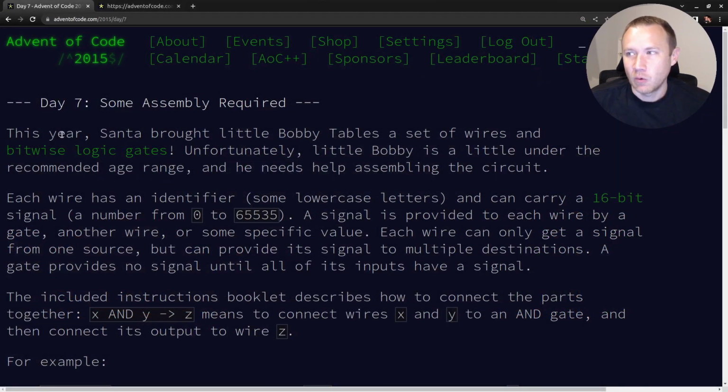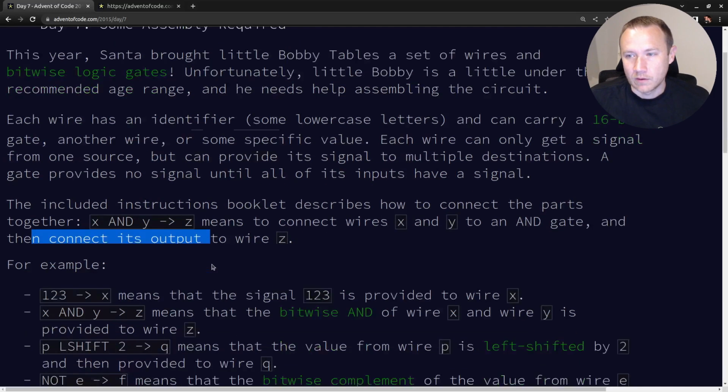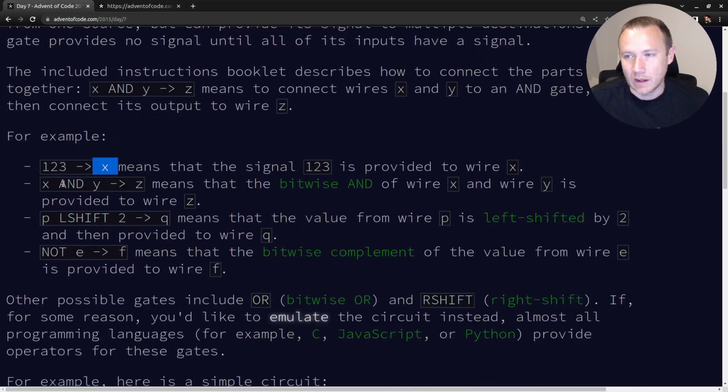Basically what we get is a whole bunch of wires that have these bitwise logic gates. Each thing is an output, and then it tells you how to make the output from one or two inputs. For example, if you have x AND y equals z, that means you take the value at x and the value of y, AND them together, which is a bitwise operation, and you get the output z. You'd also need to find where something inputs to y, and then you'd AND those two values together and you'd get z. But y could be